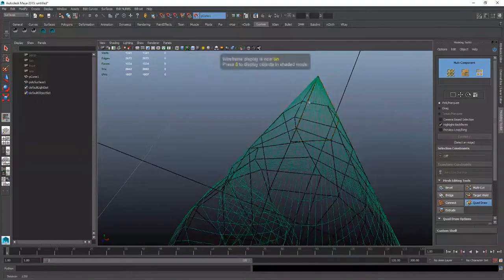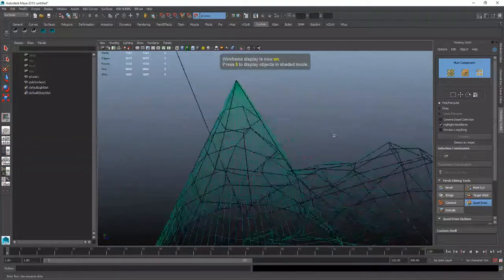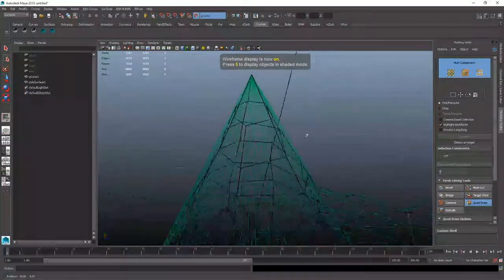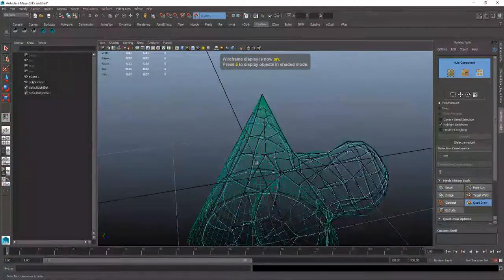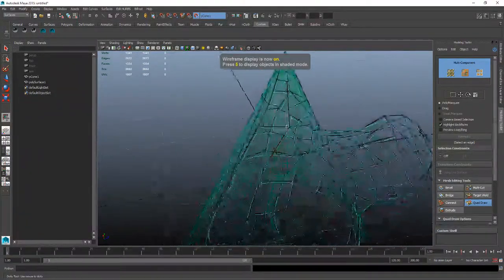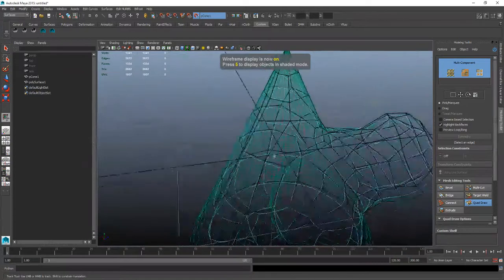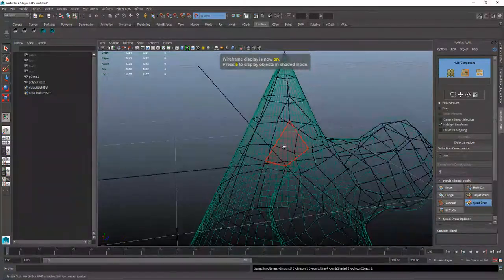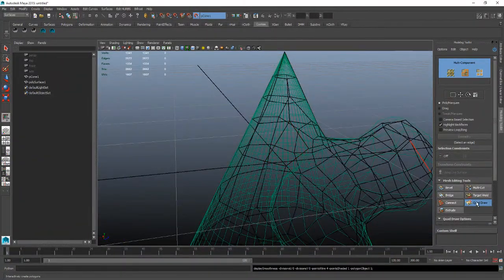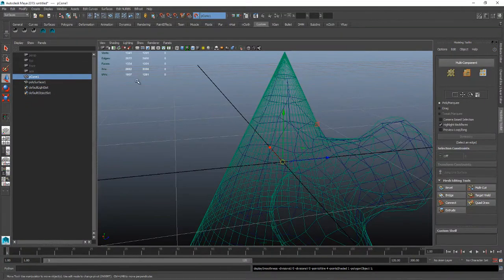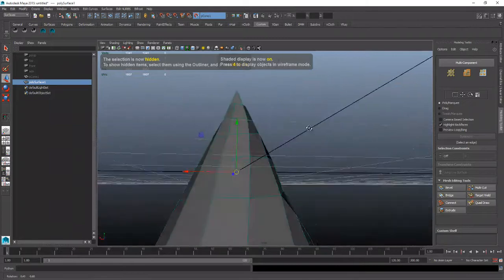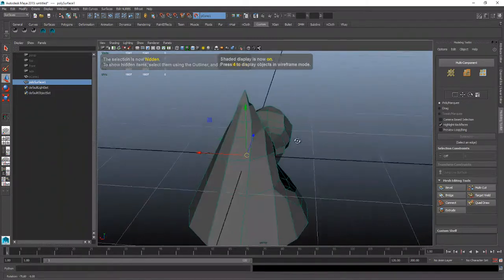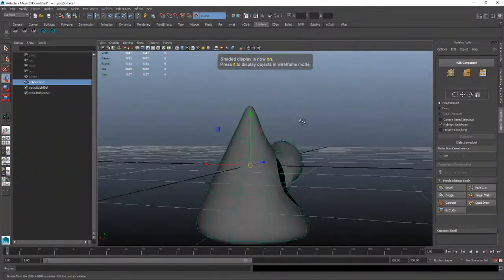So if I go back to number 4, my wireframe view, and I hit number 3, I can see the shaded black cage, but I can also see my smooth geometry like that. Okay, so let's momentarily get out of my quad draw, hide my cone, and take a look at the geometry that we built. So number 3,